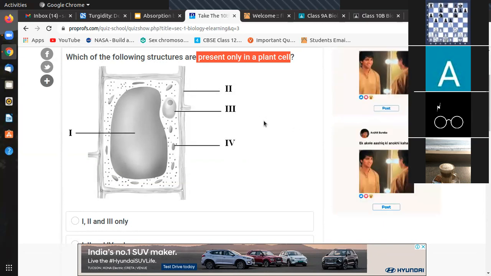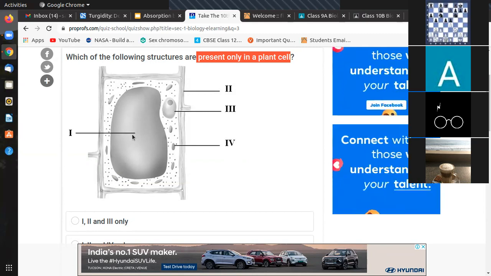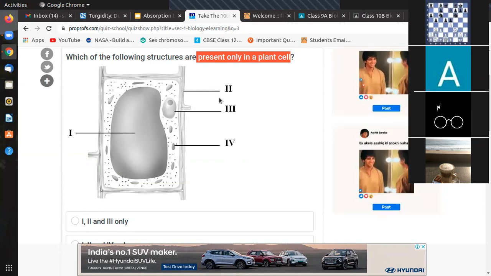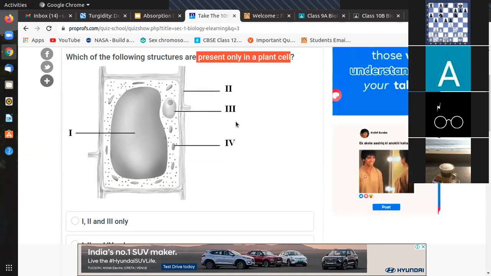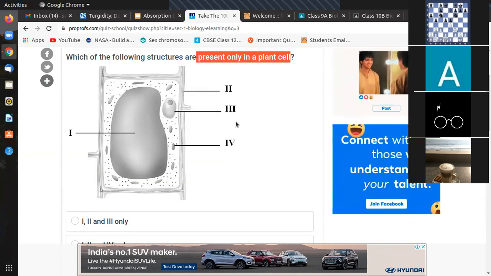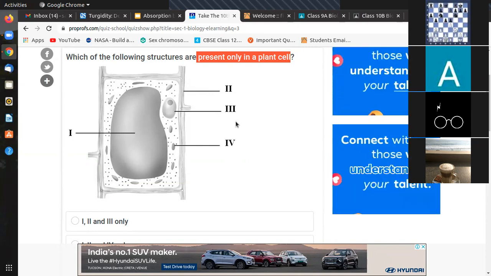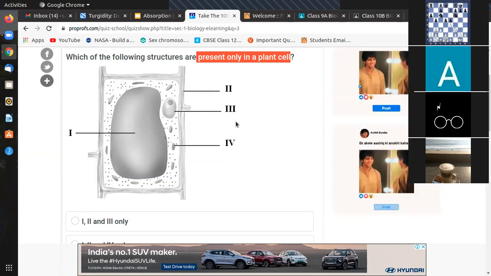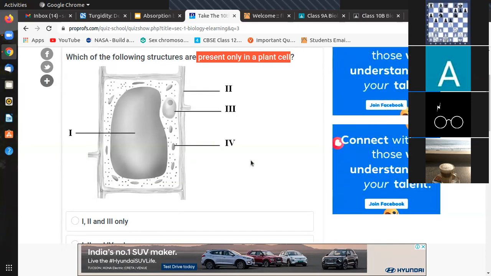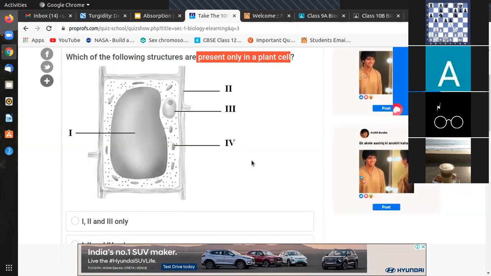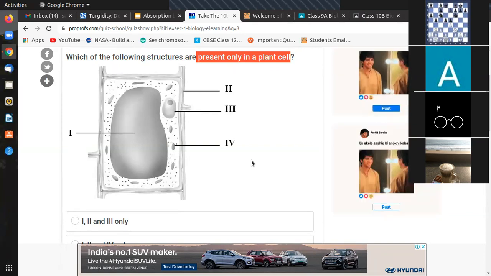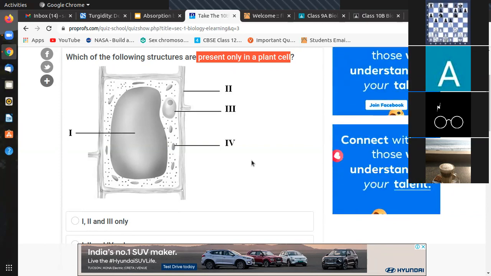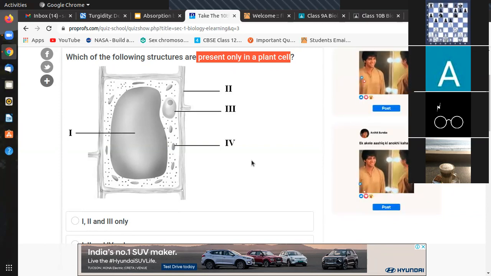Guys, tell me if I'm wrong. First one is vacuole. Second one is a cell wall. Third one is a nucleus. Fourth one is some random organelle. Chloroplast. We don't know whether it's chloroplast or not. It could also be maybe the mitochondria. No, the third one is the nucleus. Both animal cell and plant cell have a nucleus, so put the rest of the options.